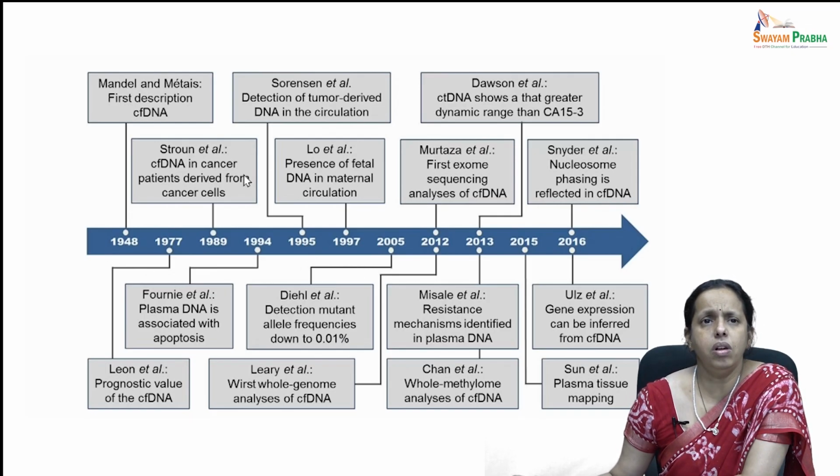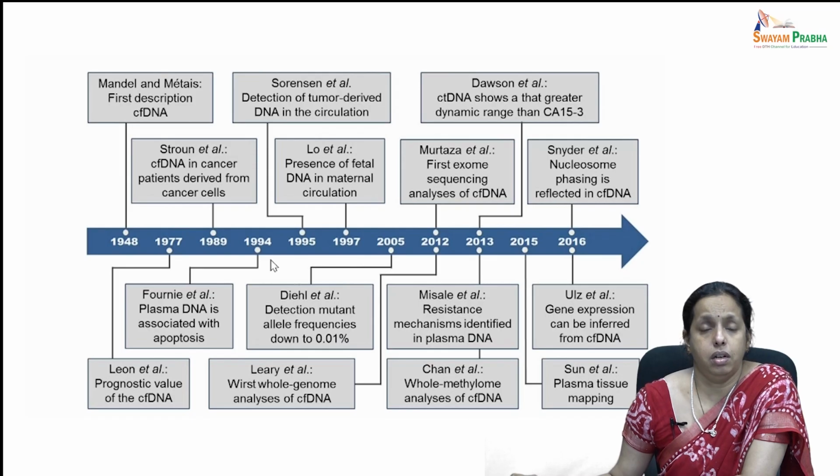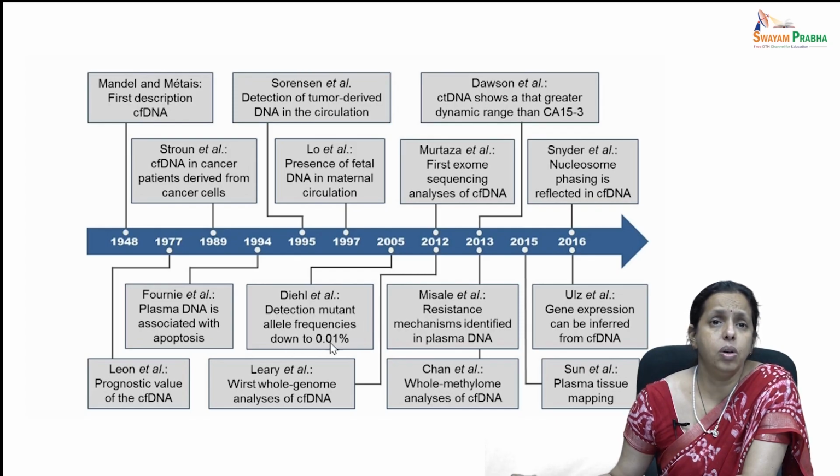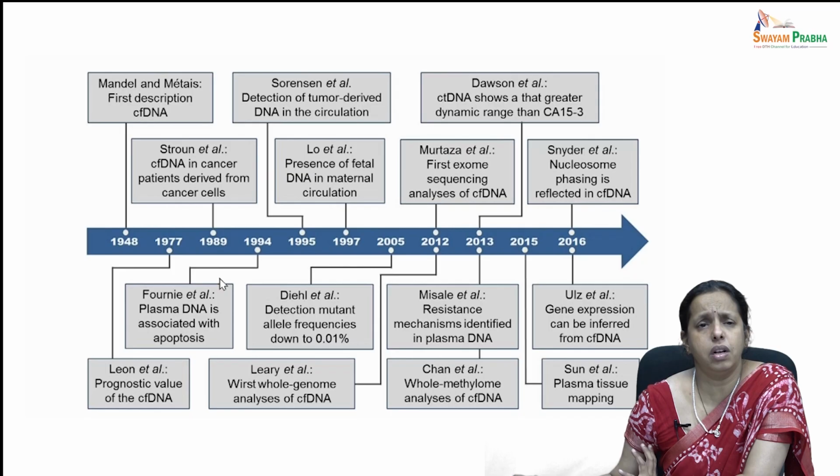Over the years, cell-free DNA in different cancers has evolved with the effort of several researchers, and they have been able to detect mutant allele frequencies down to 0.01%. It's all small steps, and now we are able to use ctDNA